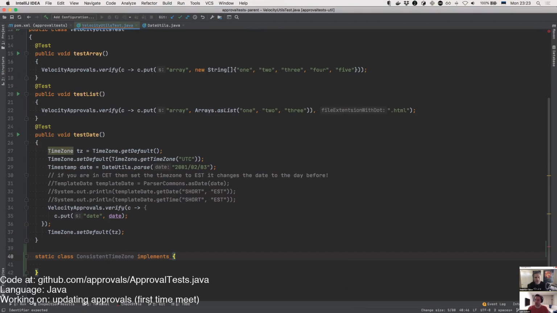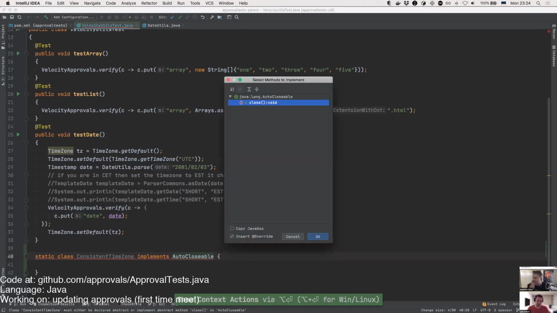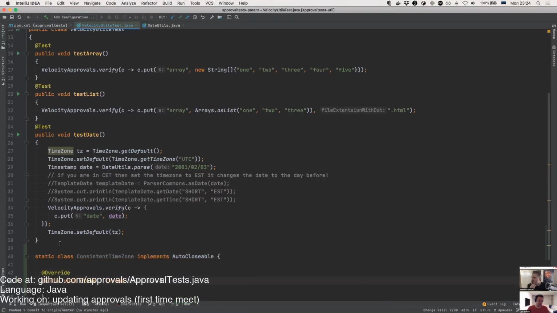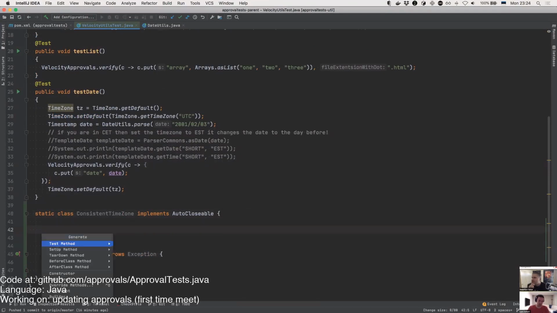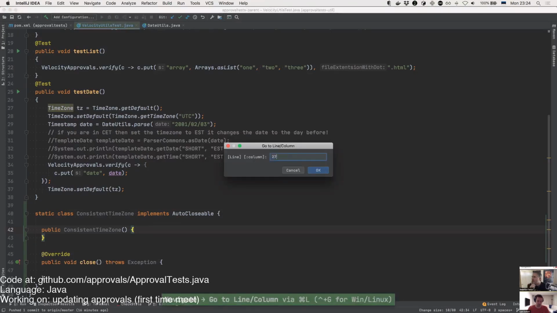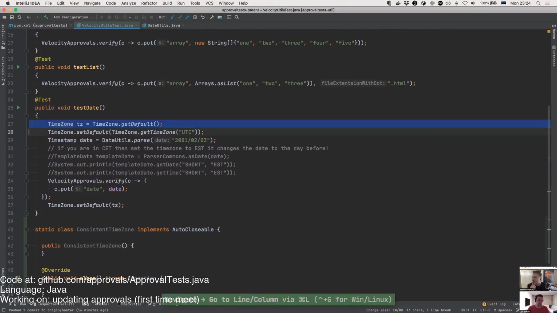Finally? Not finally. Try with resources, yeah, but try with resources takes auto-closable. Closable. Yeah, there we go. Thank you. And then make it implement that thing. There we go. Okay, so now also make a constructor for this thing. Good. And grab line 27 and 28 into the constructor.